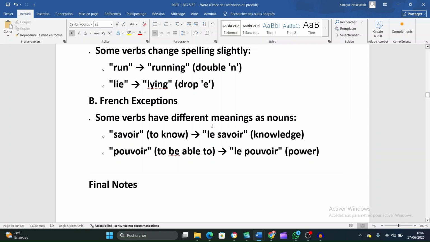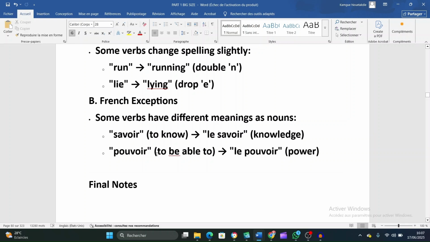Le savoir is what we call in English knowledge. You will not just say savoir, it will make no sense in French. You have to add le. In English, we just say knowledge, but in French, you have to say le savoir. It's true, we still have the infinitive, but you need to add le so that we easily understand in French that it is knowledge, le savoir.